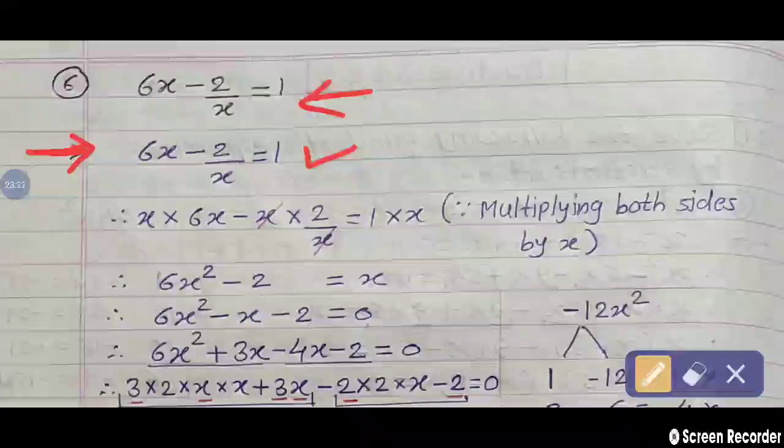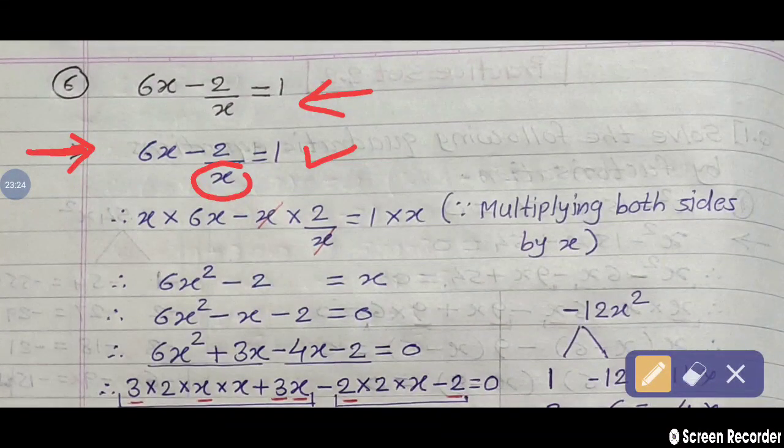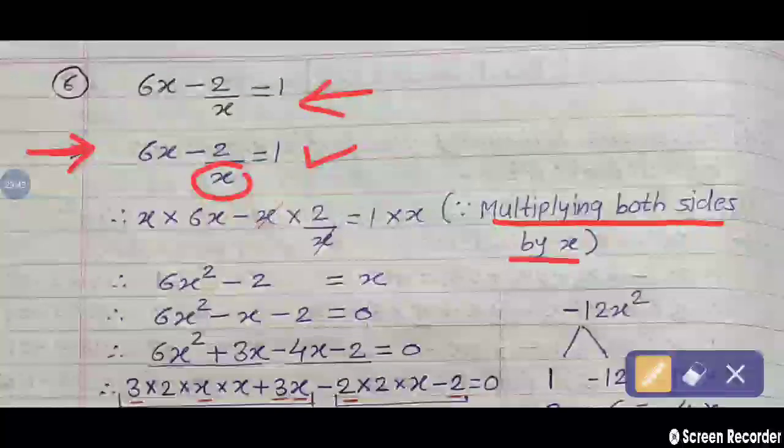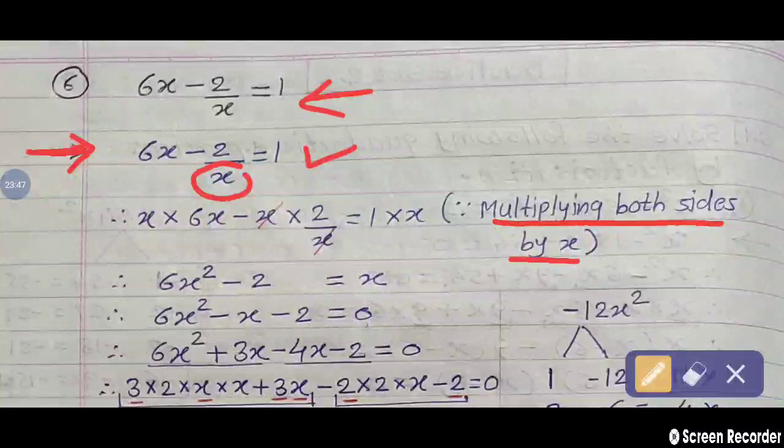So, we remove this upon x. This x is divided here. We don't want x at the denominator. Why? Because this equation we convert into standard form. Therefore, if we remove this x, so what is the step? Multiplying both sides by x. So this x is removed. Check that. So how many terms are here? 3 terms. So each term multiplied by x.